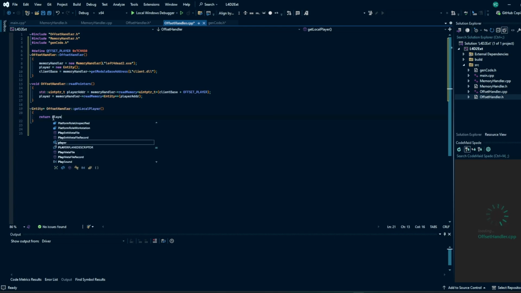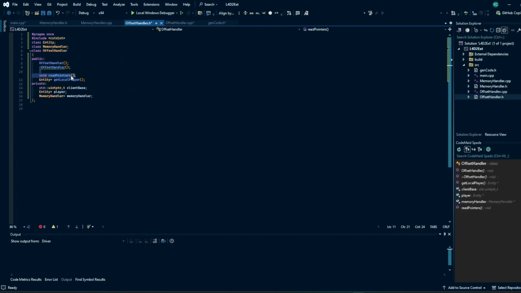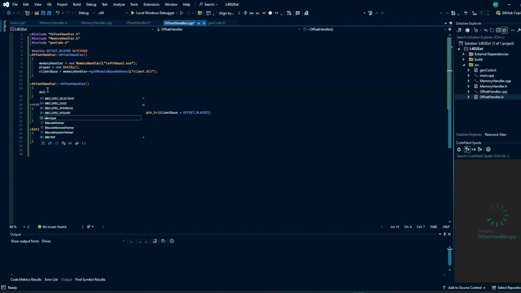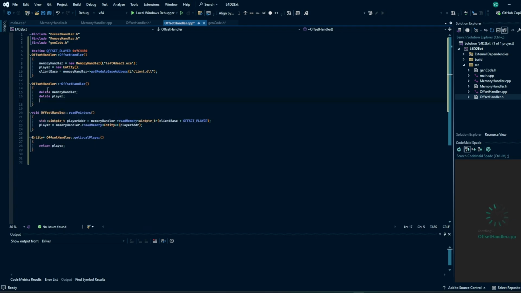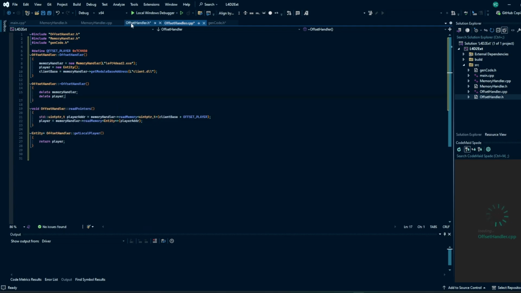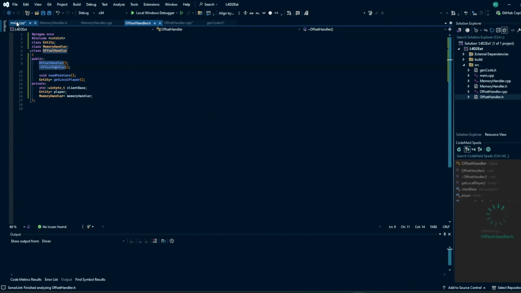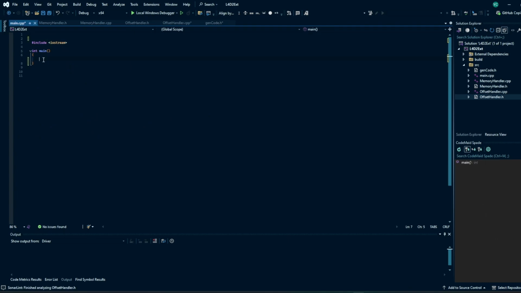This is just going to return the player. And the offset handler is just going to delete all of those things we made. So it's going to delete the memory handler, so we don't have any memory leaks. It's going to delete the player, and I think that's it. Yep, perfect. Now here in our main, we're going to have a simple